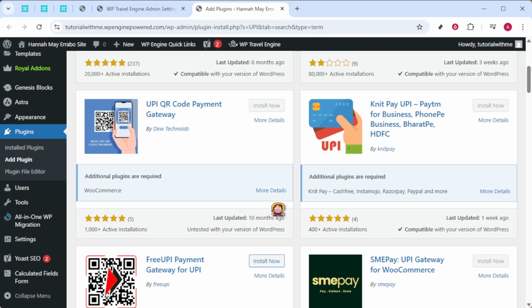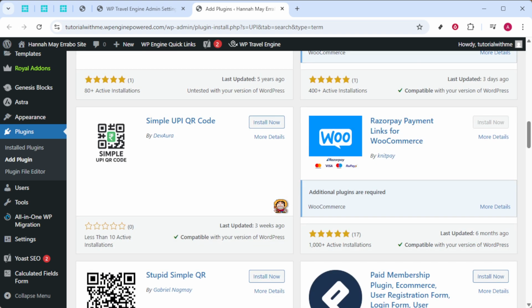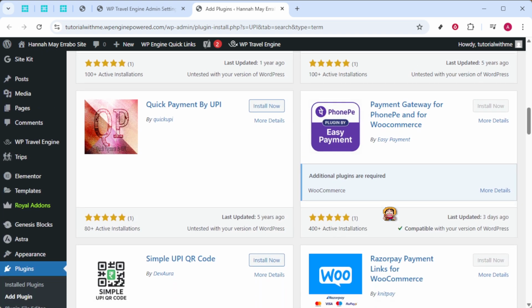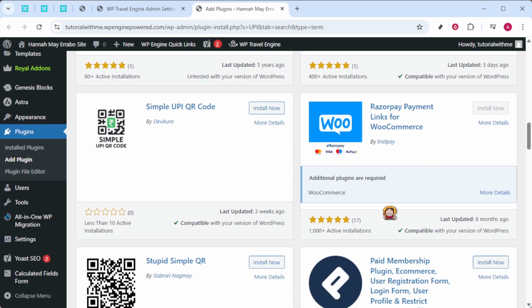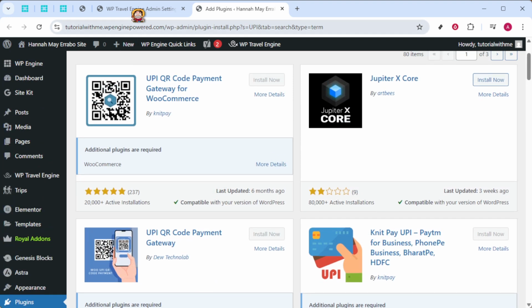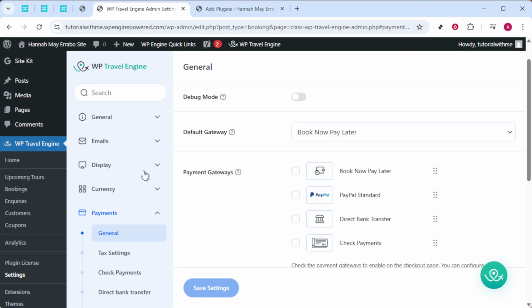If available, enable test mode. This helpful feature allows you to simulate transactions without processing actual payments, a perfect way to ensure everything runs smoothly before going live. After ticking off these configurations, you'll head back to the Settings panel in WP Travel Engine, specifically